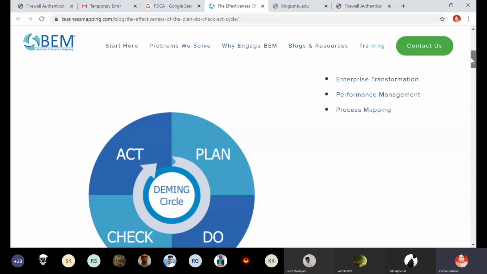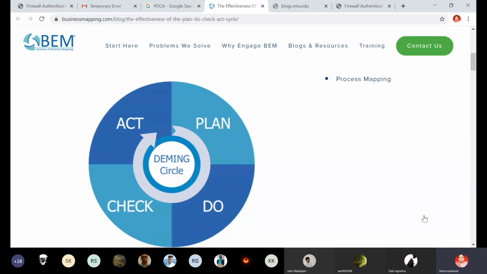Okay, so this is the first quality model, and the name of this quality model is Deming Circle. Clear? So Deming is the person who proposed this model. That's why it is named Deming Cycle or Deming Circle, and it is also known as PDCA, that is Plan, Do, Check and Act. Again, this is a very simple and very important quality model, and the point is same. We can apply it anywhere, to any type of project.